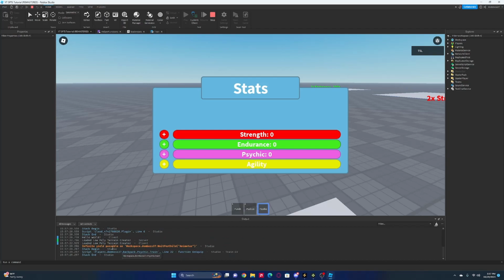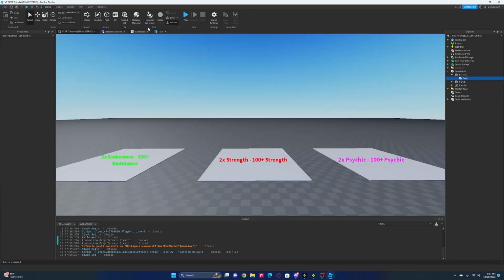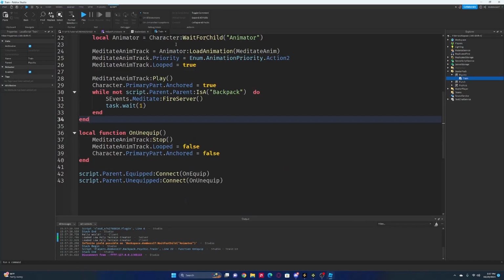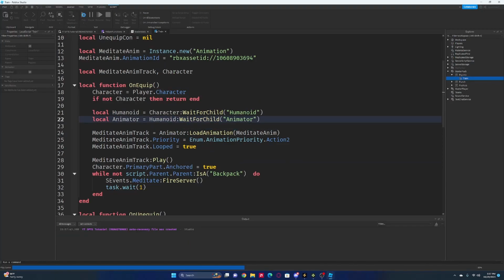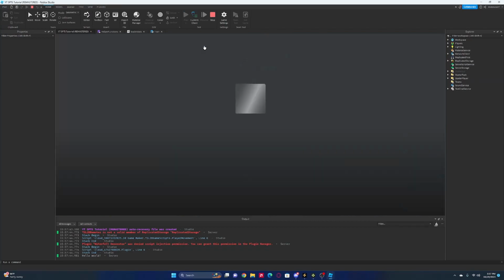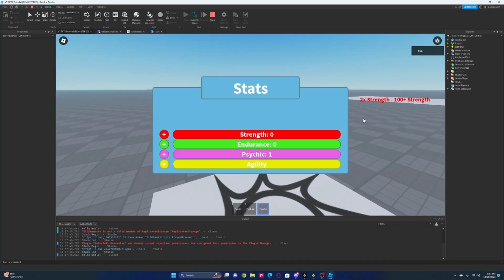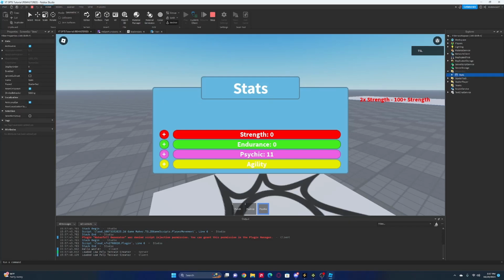Okay, infinite yield possible. Okay, so it is looking like in our train script, we're doing character instead of humanoid. Okay, so now it's doing humanoid, or it's doing psychic like things. You can see it's going up automatically. And if I just go here real quick and